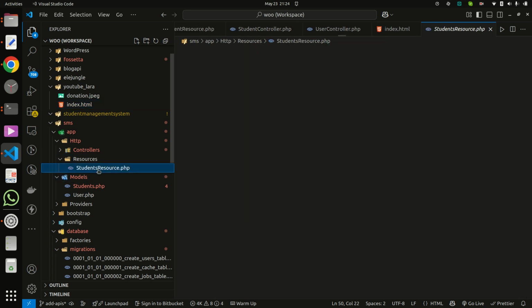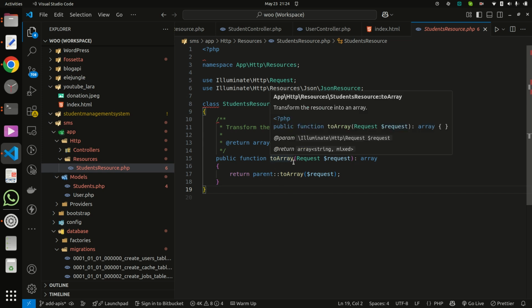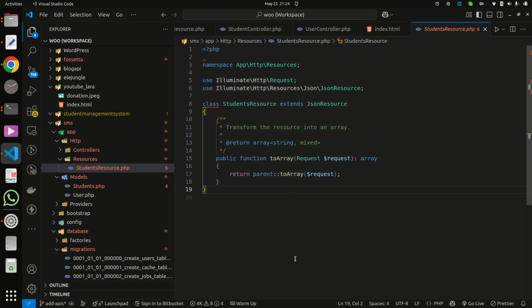So now this is added, and we can change the output here.